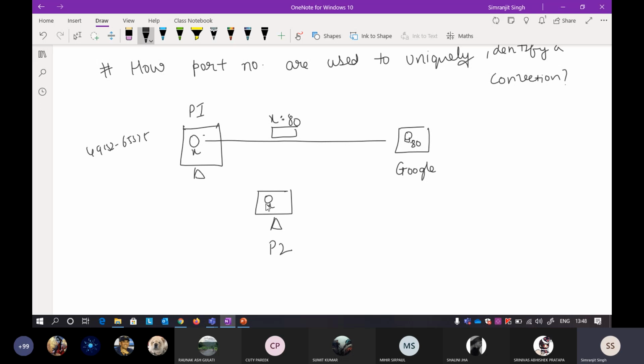They can use the same port number, because the available range, 49152 to 65535, is also available to this PC. Suppose coincidentally it also takes the same port number as taken by PC1. When it sends, it will again send the same thing, source port and destination port. So how can you identify? They are very similar here. How can the Google server identify that these packets are coming from different PCs in different networks? That is the main problem.